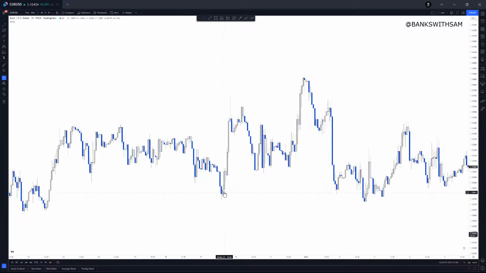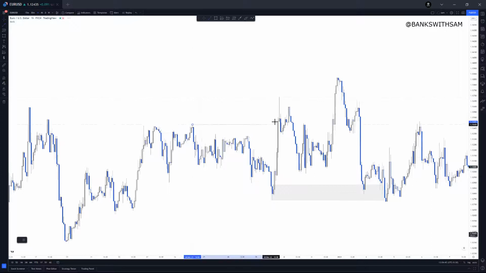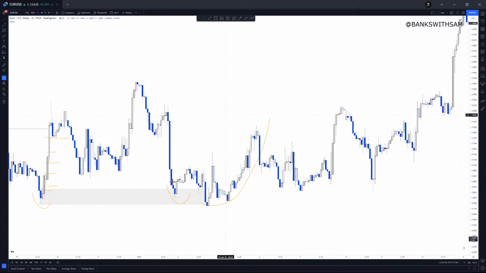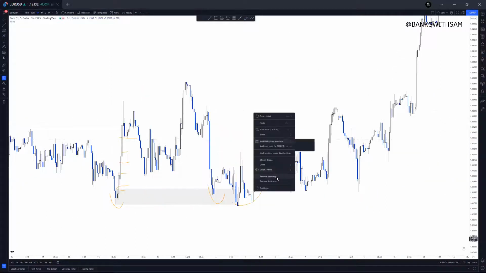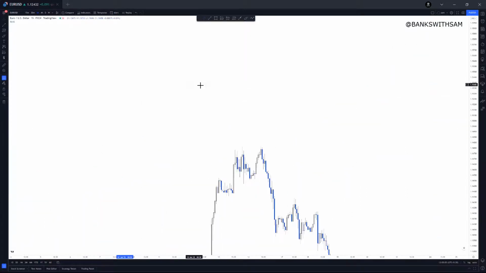So here it was also a clean demand. Why? Because price broke this extreme high from where that move was generated, right from here, and we have the imbalance in between. So this was your demand. Price tapped this demand and showed the reaction even more, and you can trade that. I hope you got this. And now let's discuss